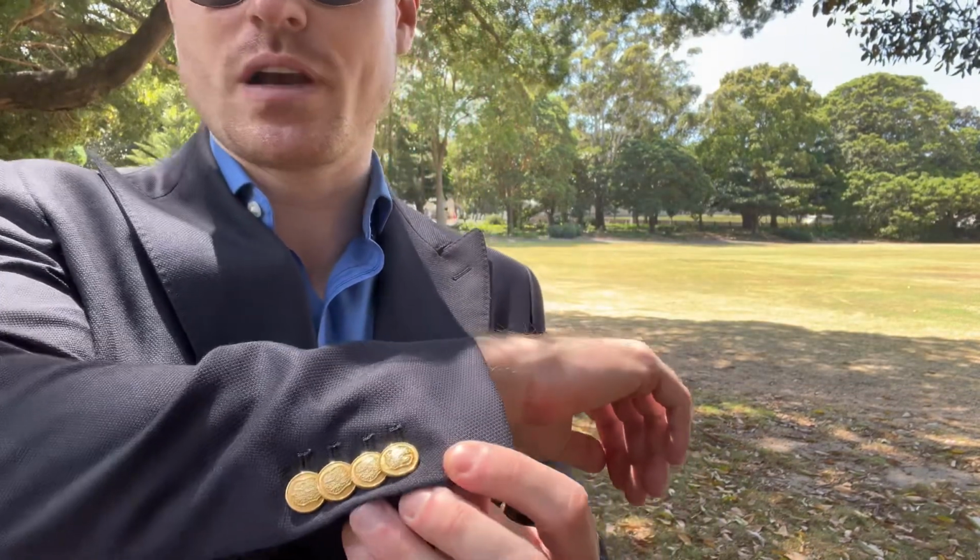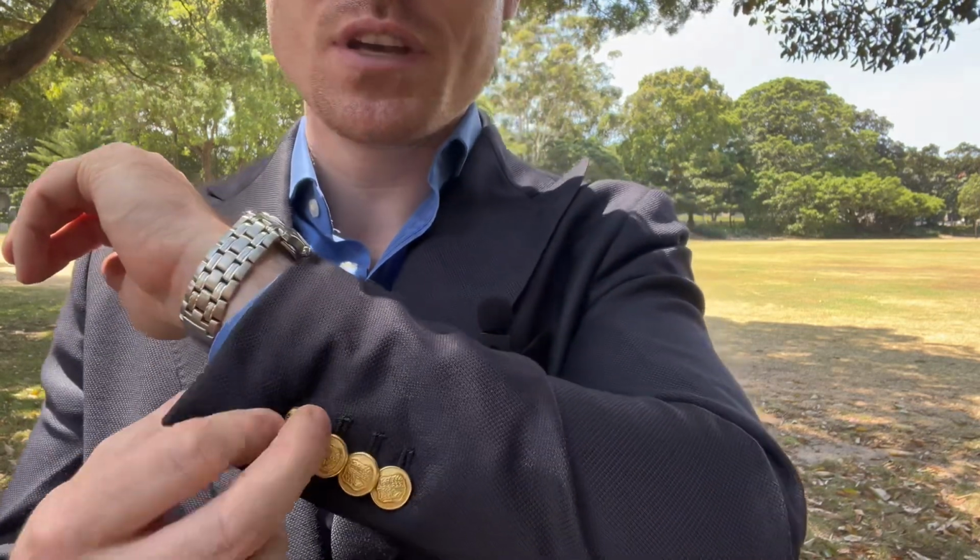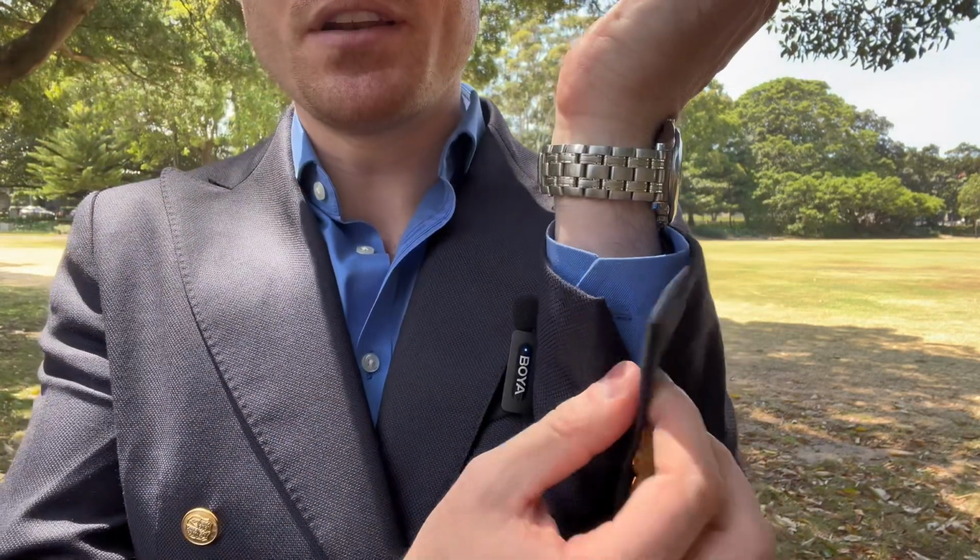Now, the one that I'm wearing I bought from Hawes & Curtis, a UK-based tailor. When I bought the jacket, it didn't actually come with these gold buttons on it. I had to source these from a company called Benson & Clegg, who make very high-quality buttons. You can see I actually got the cuffs made into what's called working cuffs, whereby you can button or unbutton